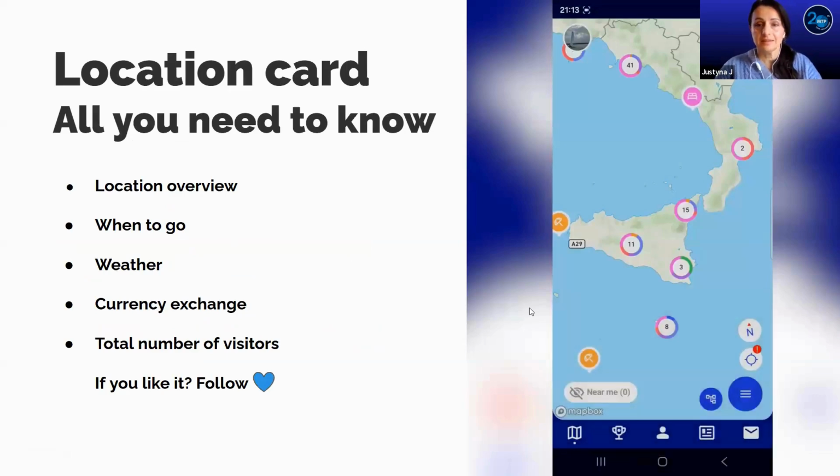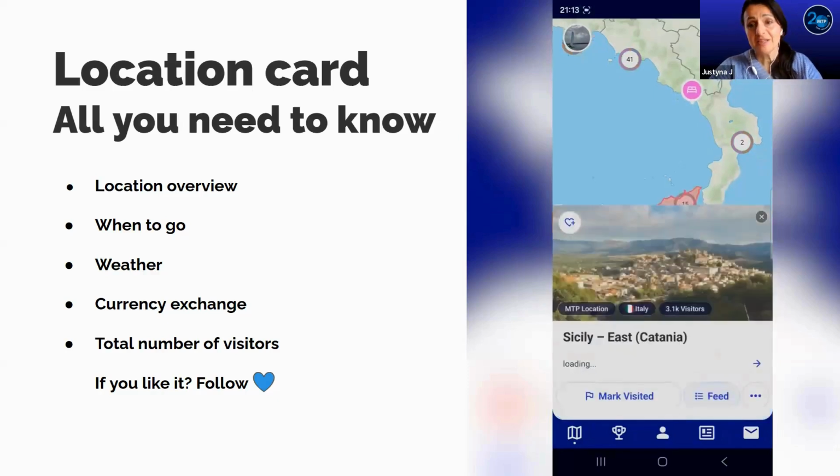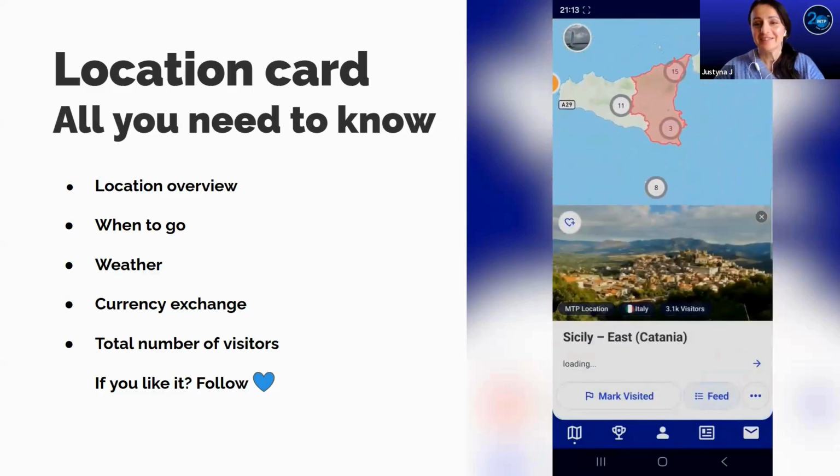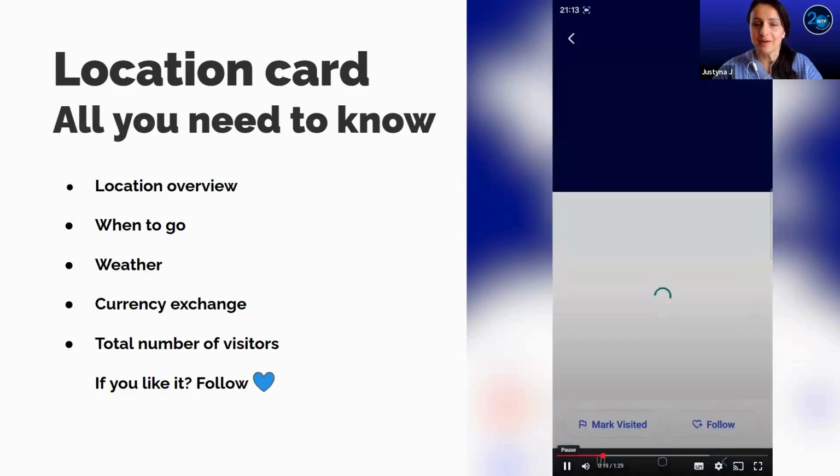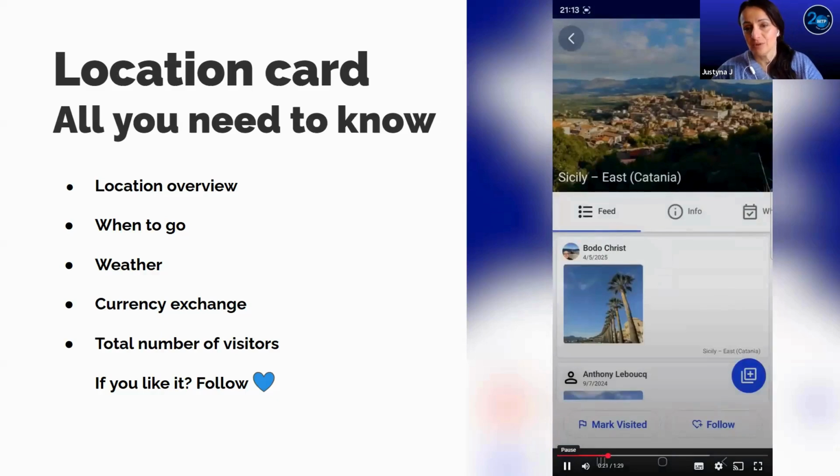And this is not the end of the story when we are talking about the location page, the location card, because it contains much more information than you can even imagine. Look, we are going to check Sicily. This is the east part. I'm interested in going there, so I'm checking this place. I open the